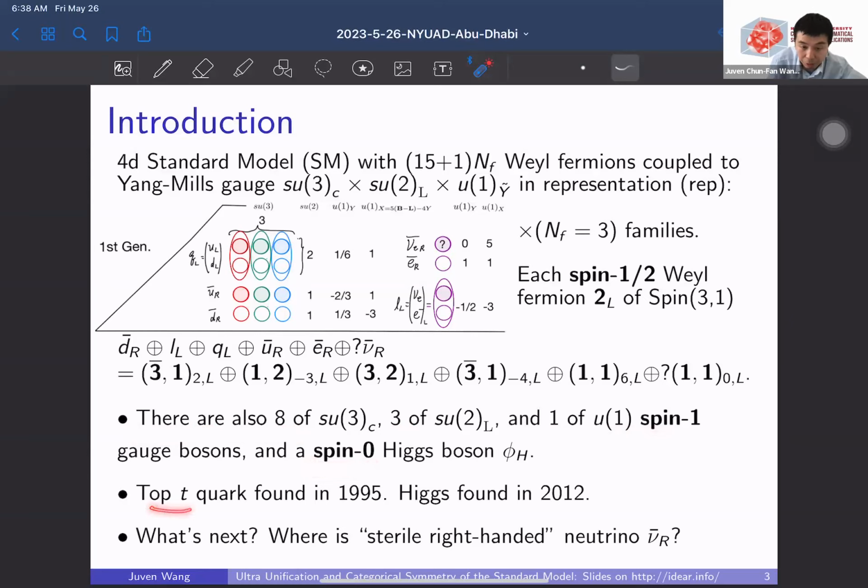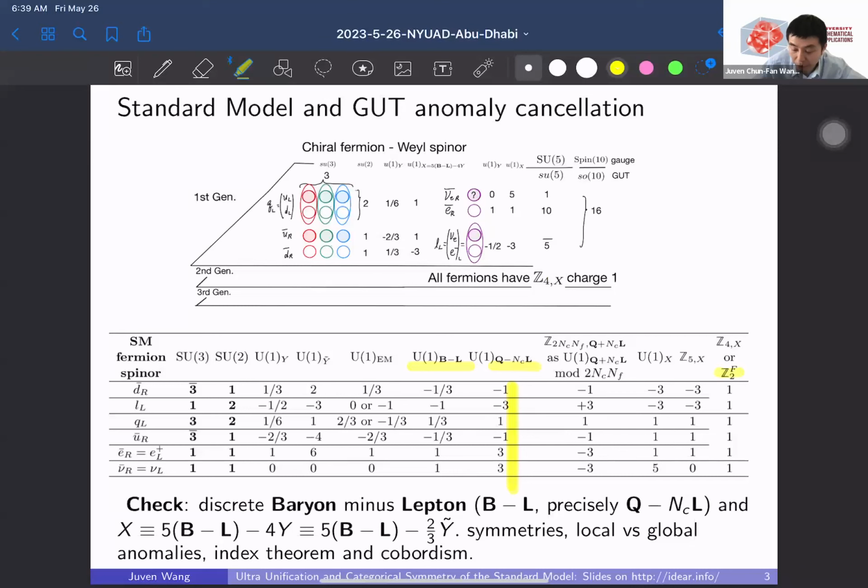And if we pull further, we should multiply by 3 families, and there are some tables of these quantum numbers. But what I want to emphasize and look into is, as we know, most of the so-called anomaly cancellation in the standard model is quite good, involving this gauge group. But including additional symmetries, which do not seem to be gauged at the scale of the standard model, the B minus L, or more precisely, the quark number minus N_c color number, lepton number, these are probably good quantum numbers and almost like a good classical type of symmetry. And also another version other than B minus L is the B minus L combined with hypercharge, this so-called X symmetry. So this has this quantum number.